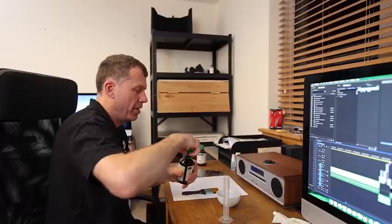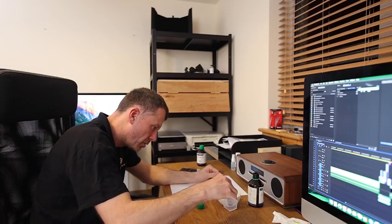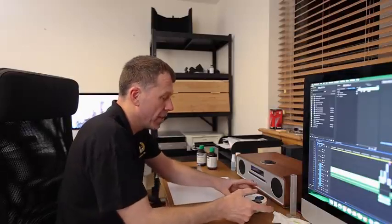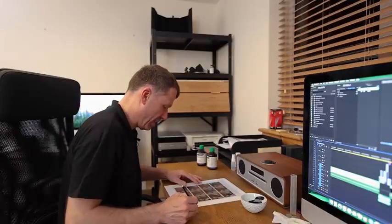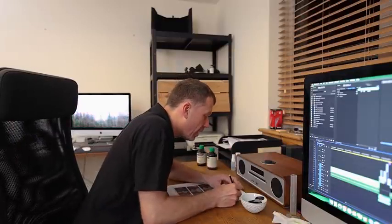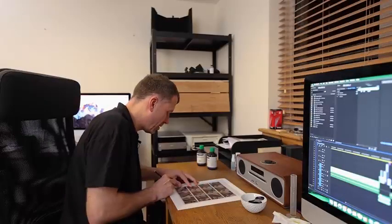Now we need the same part B. So once we've got those in the bowl, we'll just mix it around and get the brush nicely saturated with the solution. Now, before we paint that onto our paper, we need to roughly mark the edges of where our negative comes to. So just going to get a pencil and gently mark 4 little dots roughly where the edges are. You won't see these once